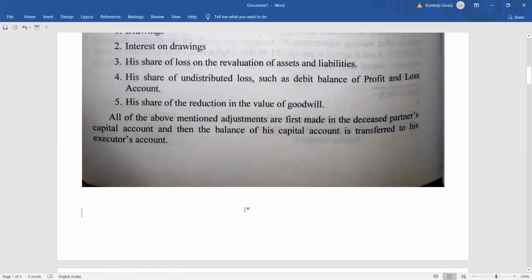of profit. Rest of the things are same, but the only treatment that is required is the entry for share of profit. Okay, rest of the things whatever you have learned, that is the same thing, the only difference is that entry for share of profit. Okay, share of profit of deceased partner, okay, or death partner. Here, so entry for share of profit of the deceased partner.